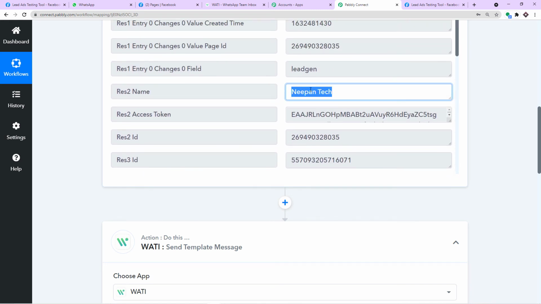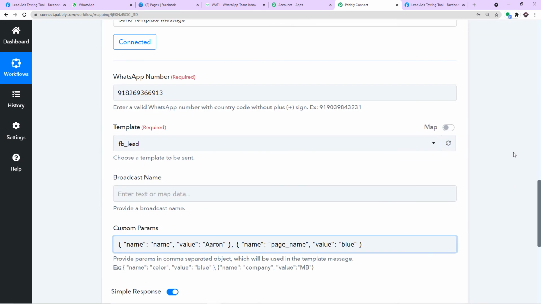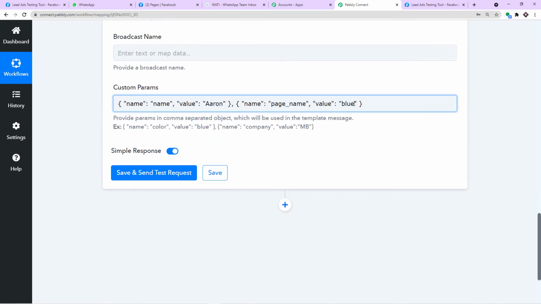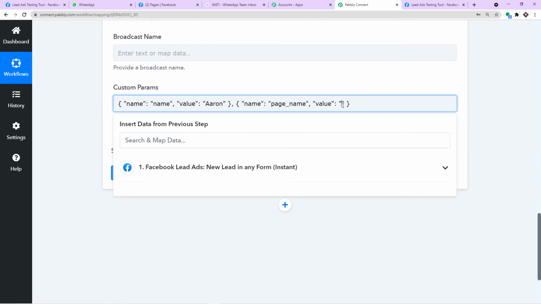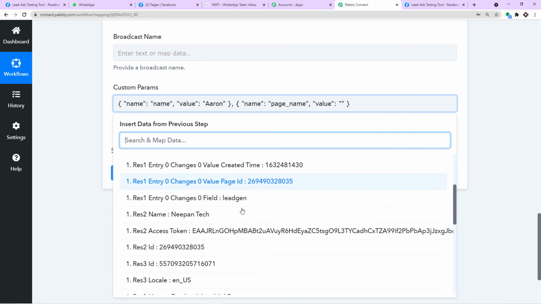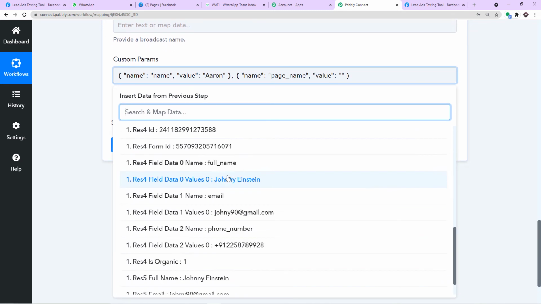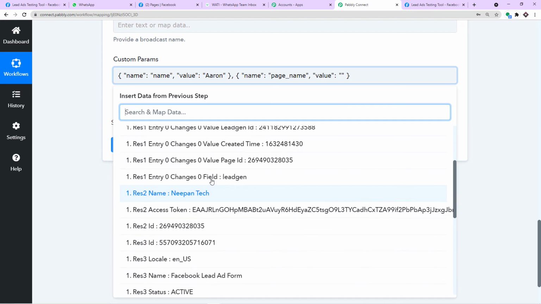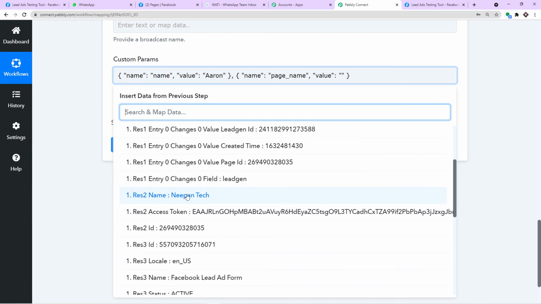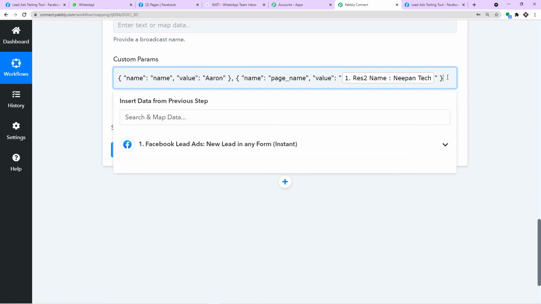This is the name of the page, Nippon Tech. So I'm going to map that particular detail here. I'm just going to remove this, and we are going to map Nippon Tech. Basically, all the data that came from the trigger, that is our Facebook lead ad form, is present here, that we have Nippon Tech. So that's done, comma.